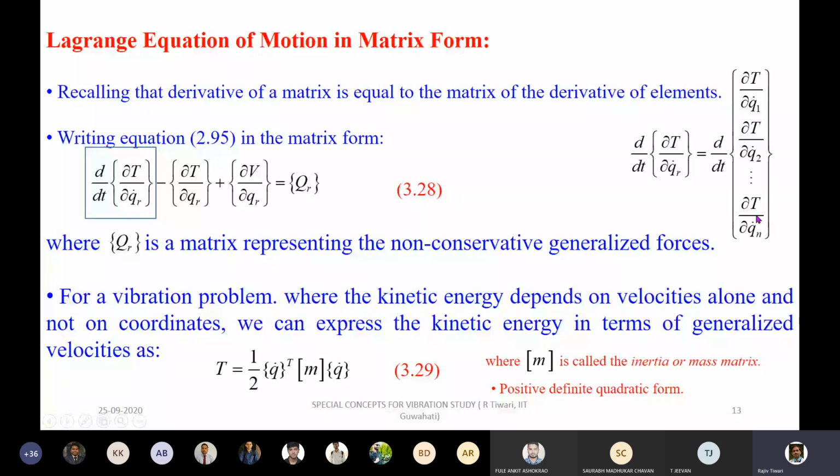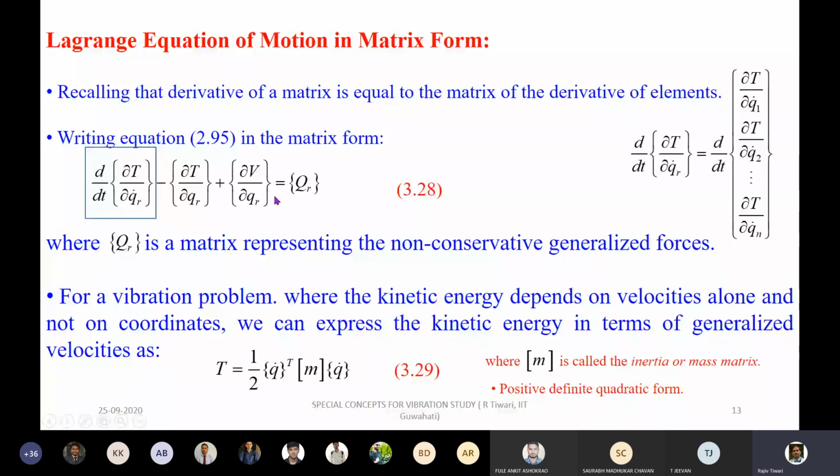So when I'm representing it like this, it means it is having n components. That is the understanding: if I'm writing in this bracket, it has n components. Similarly here, you can see that there will be n components, and the derivative will be with respect to q1, q2, q3, like this, instead of dots. Similarly here also we'll have an n vector, that will be capital Q1, Q2, Q3, Qn. So this is representing the matrix form of the Lagrange's equation.